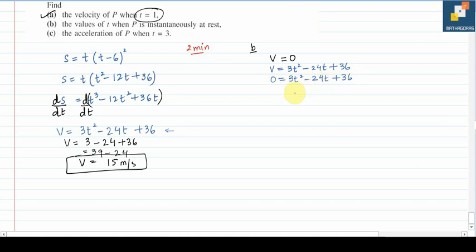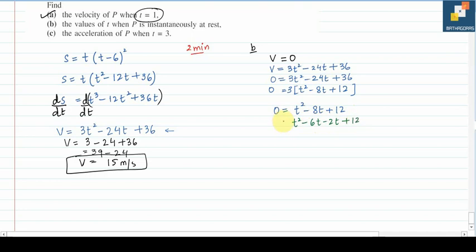We can take common 3 here, so it really simplifies. t square minus 8t plus 12 equals 0. When you shift 3 to the left side, it is 0 equals t square minus 8t plus 12. Now you have a quadratic equation here. We can solve it by applying the middle term method. So the two factors I have are negative 6 and